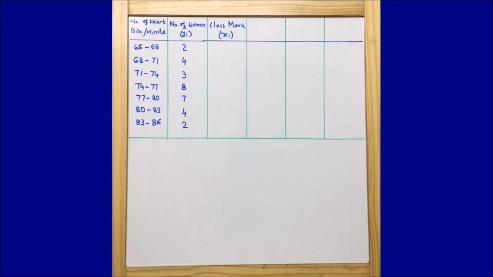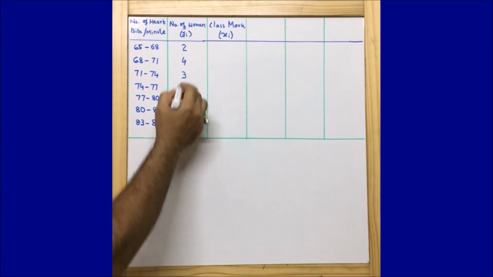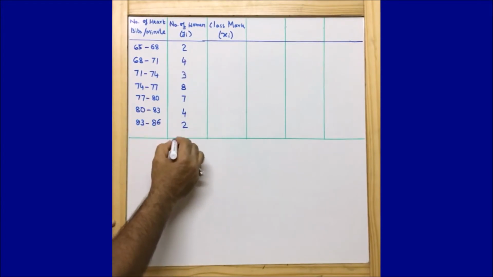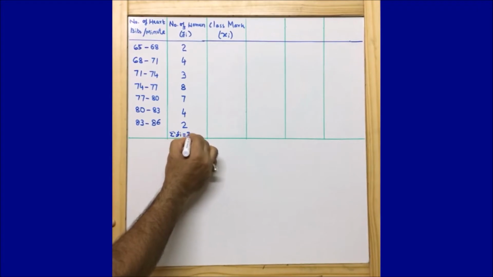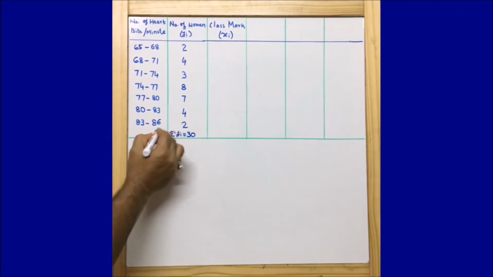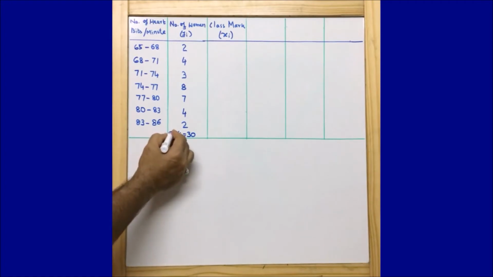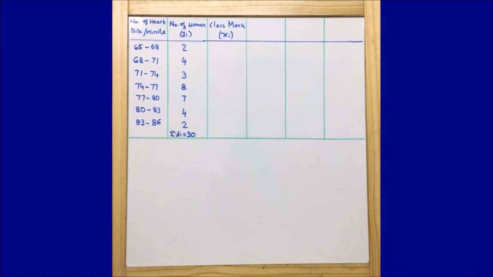And so we need to find out, let us first do a summation of these. If we add these things, we are going to get summation of Fi. Summation of Fi is equal to 30. Now this will come into picture once we start calculating the things. Now as per the question, it has asked us to find out the mean heartbeats per minute for these women, choosing a suitable method. So before going to choose the suitable method, let us first find out the class mark, then we can decide which method we are going to use.